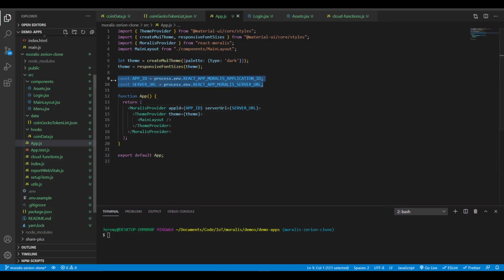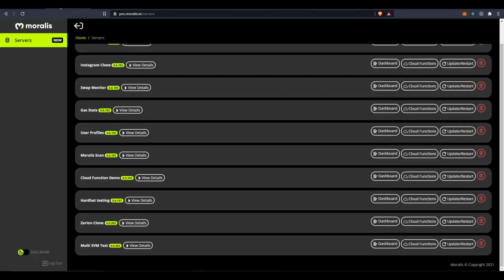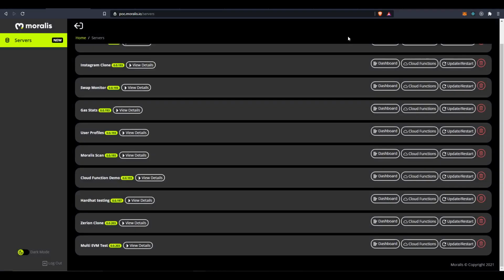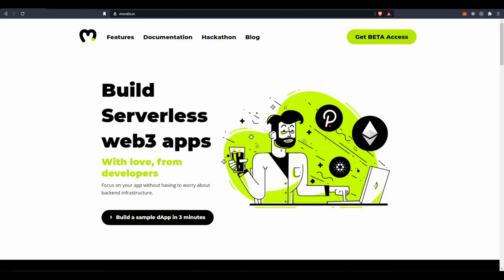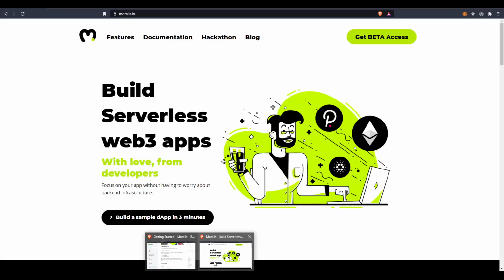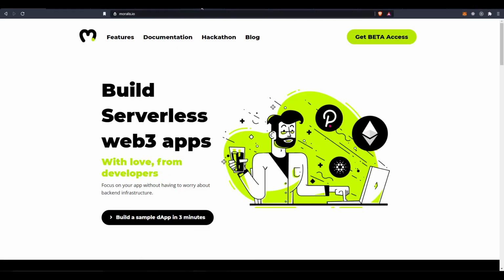First, we'll need to grab the server URL and app ID from the server, and we can find this on our server page by clicking View Details here. And it'll come up with the server URL and application ID. And then if we look at the React docs here, React Moralis docs,